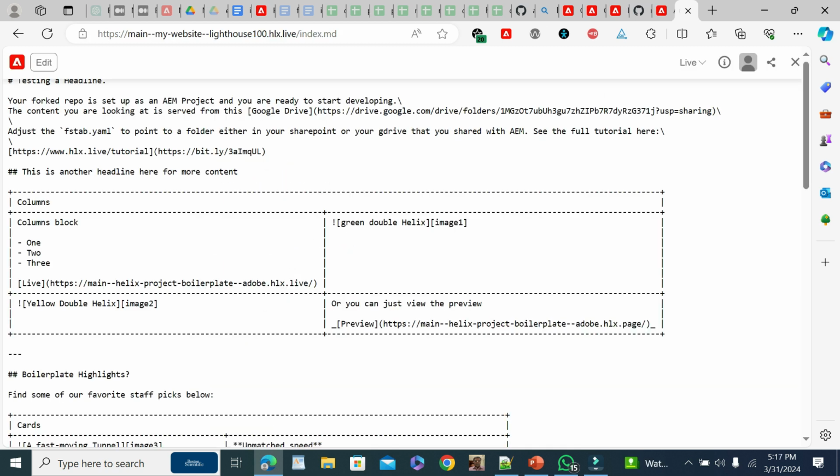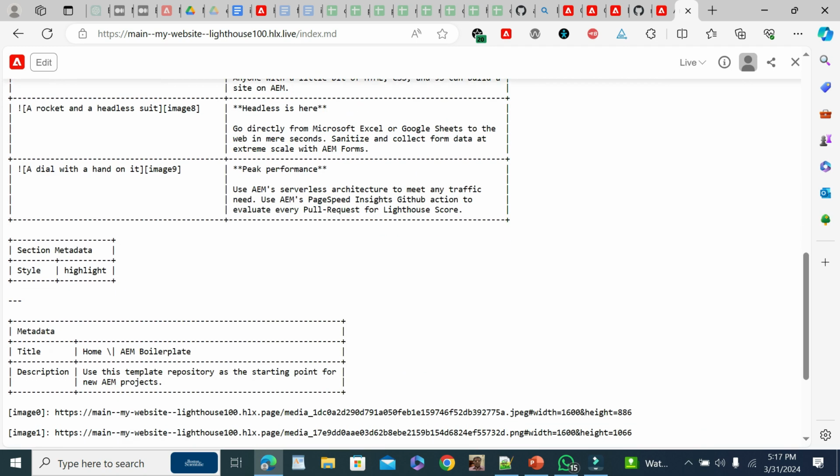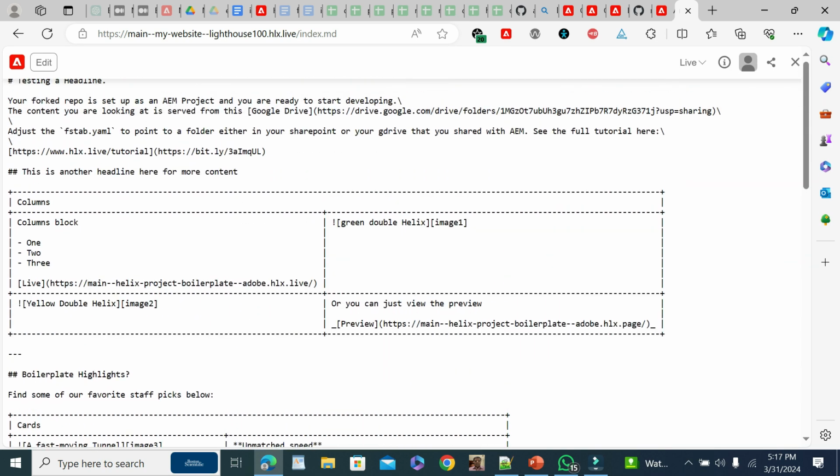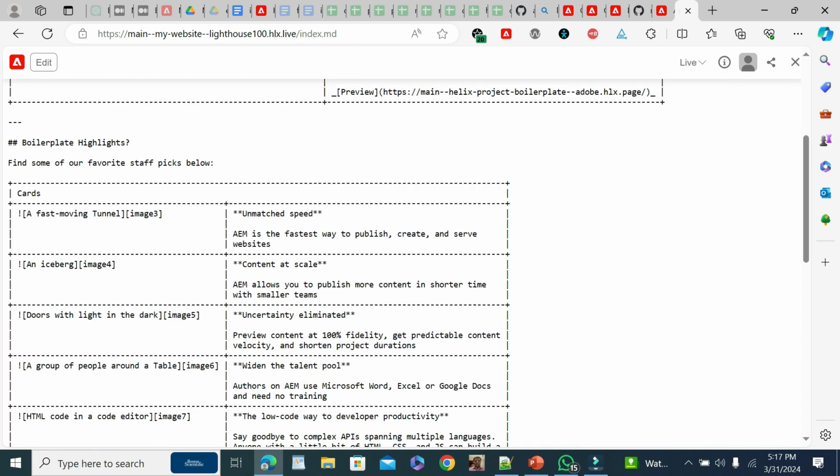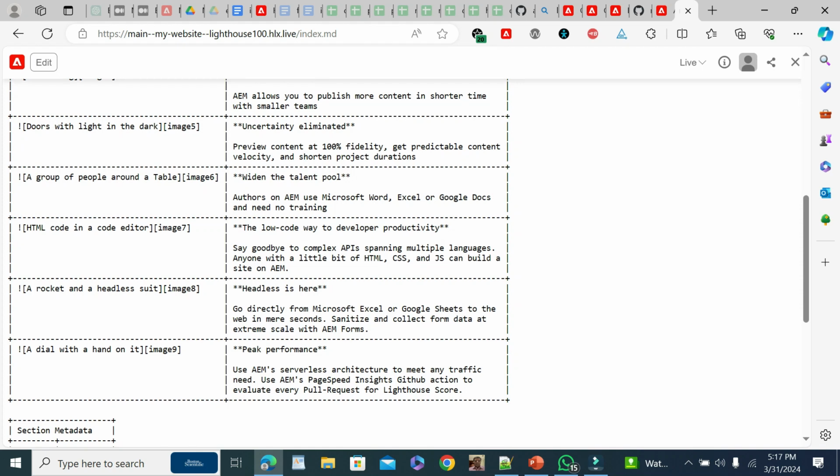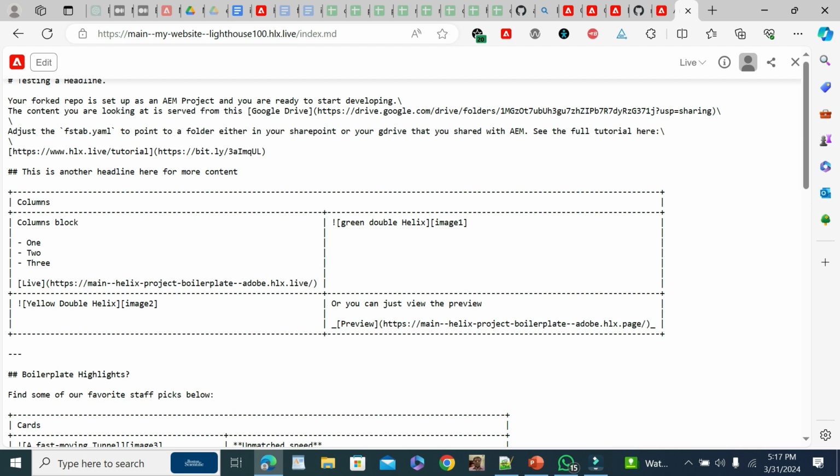This is the markup the EDS is going to receive from the content repository. If you see here, index.md, you can see the markup structure here, the different blocks and default content. EDS is going to use this markup to render the content into a web page. The markup extension is the document name.md.